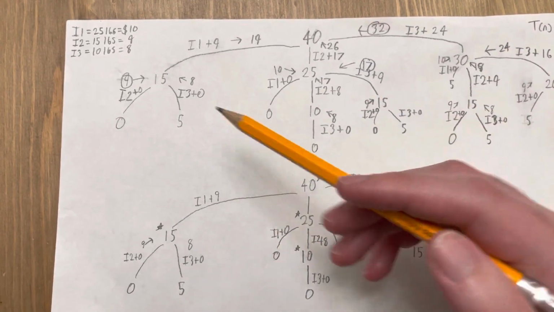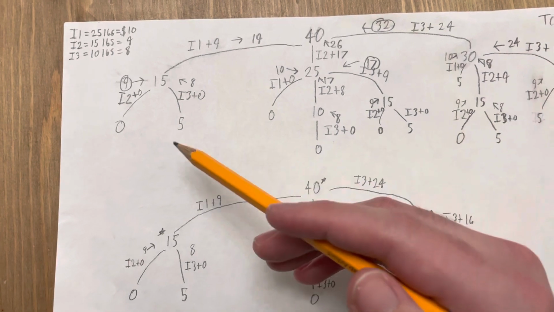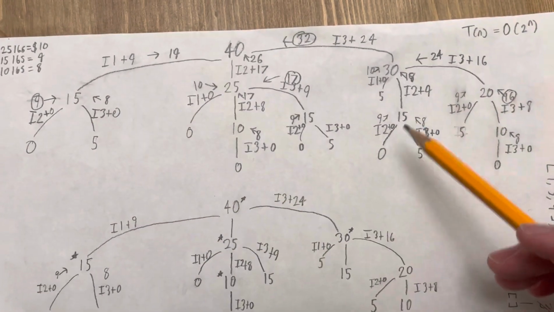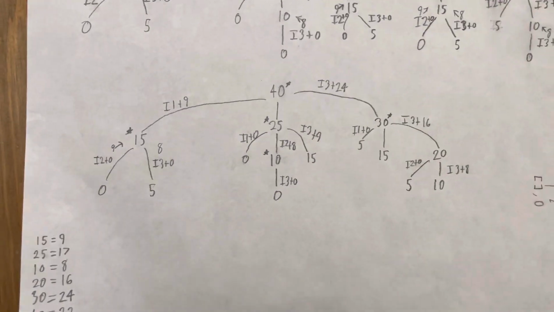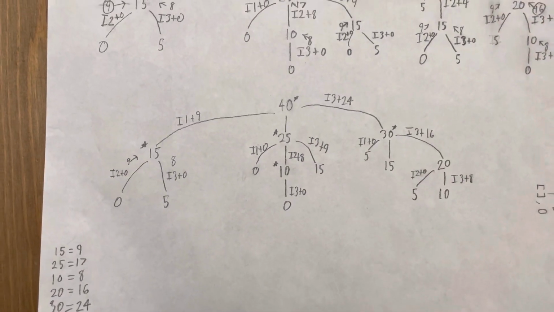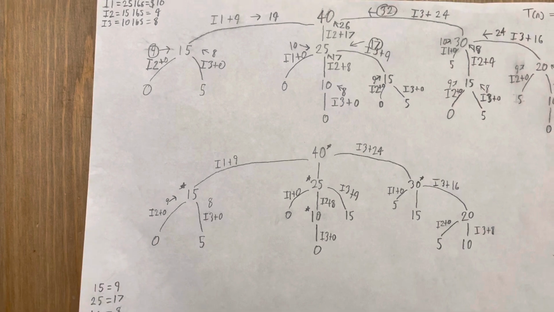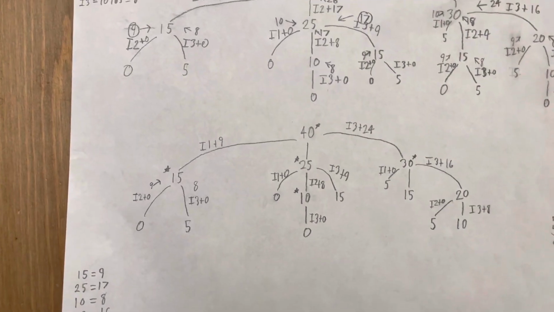The advantage of this is that you don't have to keep calling the same exact method. So in this case, we're doing 15 here. We're also doing 15 here. And this is a smaller example, so it's not a huge deal. But if you had 12,000 or something like that,